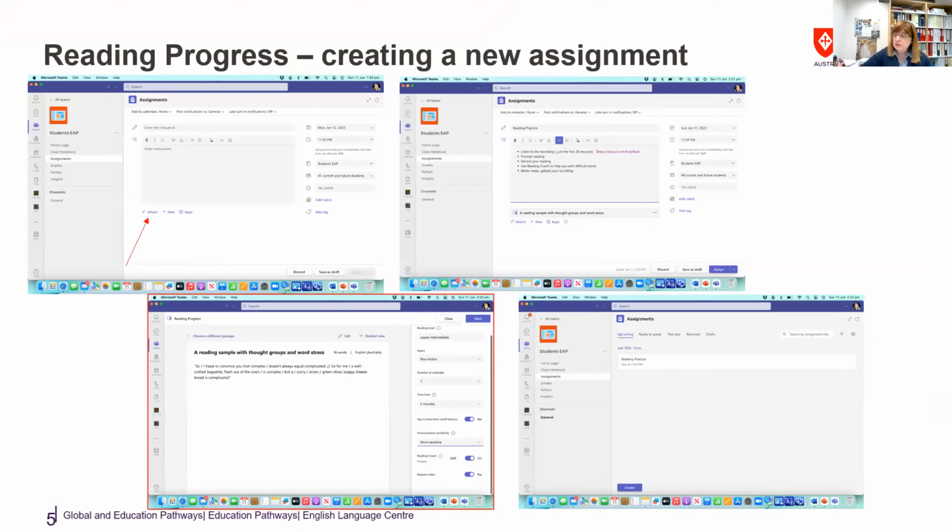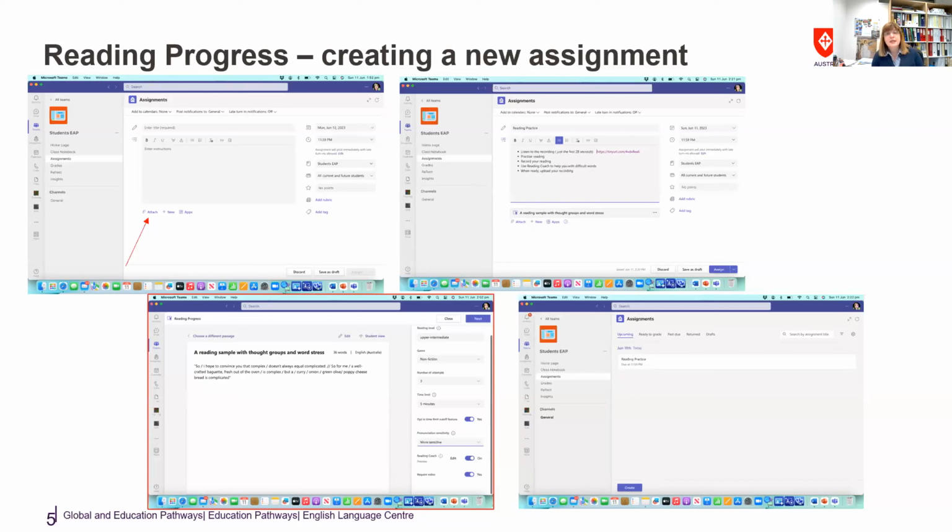And then you select the attachment, but this is, I think, a catch-22. What kind of reading do you want to attach? I think it's more important to use your own sources and to provide a model for students to listen to before they read, so they can listen to a recording. Then you ask them to practice reading and then record their reading, and they can use Reading Coach to help